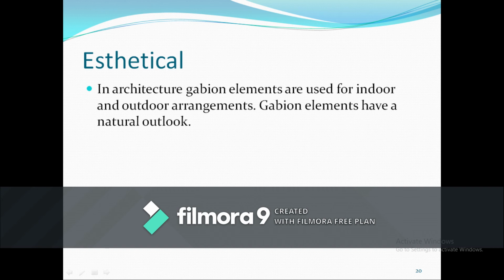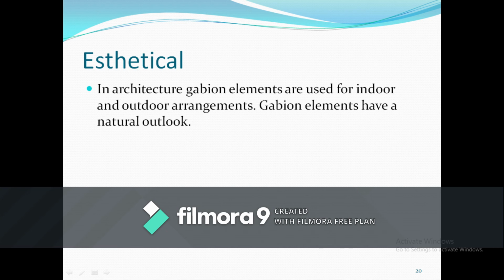The next one is the aesthetical appearance. In architecture, Gabion elements are used for indoor and outdoor arrangements. Gabion elements have a natural outlook. If you happen to visit Vijayawada, nearby the Durga temple, there is a flyover which was constructed very recently. There you can find that flyover totally covered with a green outlook. Greenery has been placed.